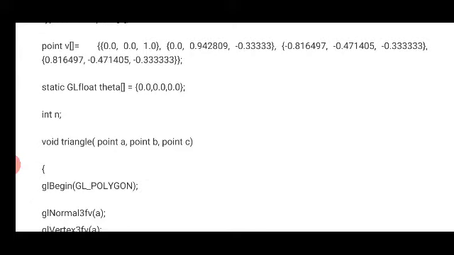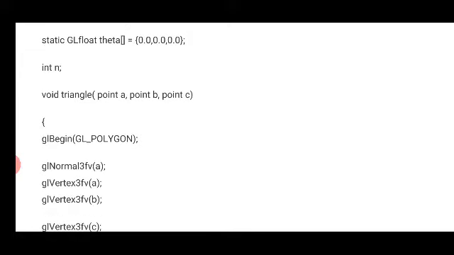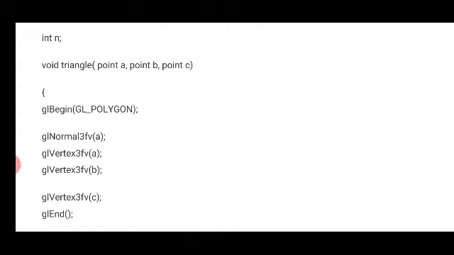For drawing a triangle, we have a triangle function which takes 3 points as parameters: point A, point B, point C, and by using the GL_POLYGON constant of glBegin, we draw a particular triangle using these vertices. This function is written for drawing a triangle.